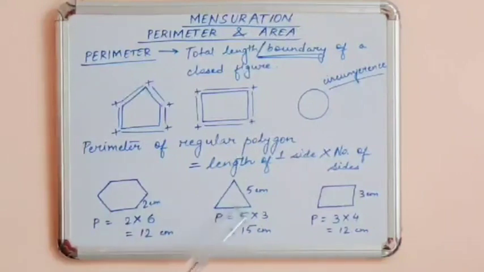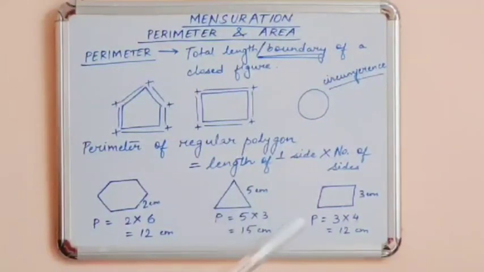Similarly, a triangle which is a regular polygon, we call it an equilateral triangle, because all the 3 sides are equal. So in this case also, the perimeter will be length of one side into the number of sides, that is 5 into 3, that is 15 cm. You must have also studied the formula of perimeter of an equilateral triangle in your earlier classes, which could also be written as perimeter is equal to 3 into side. So from that formula we can take out this value.